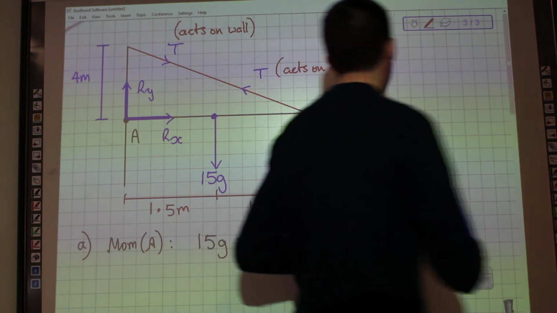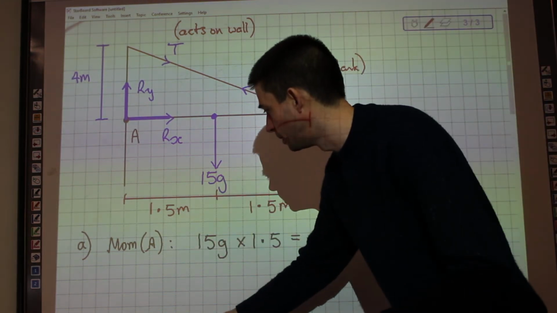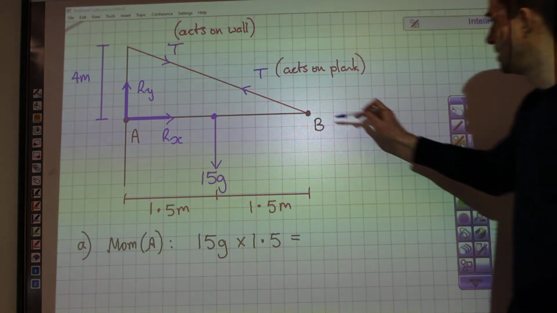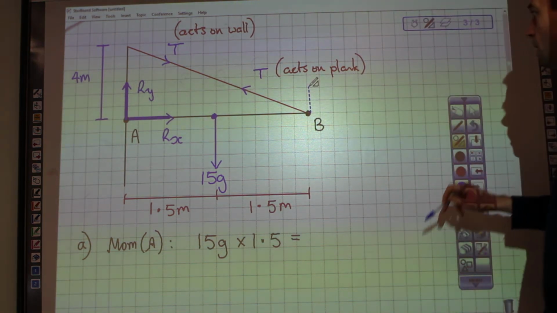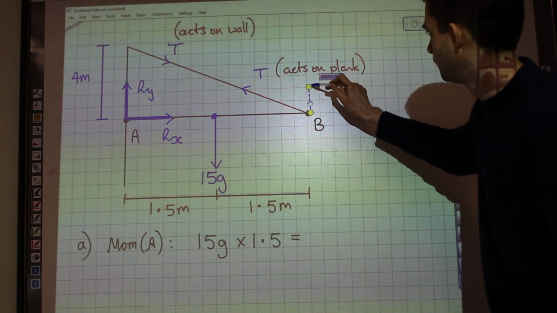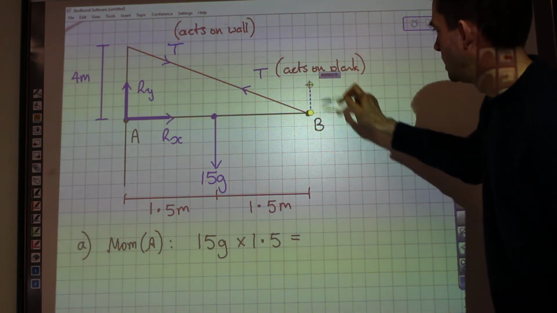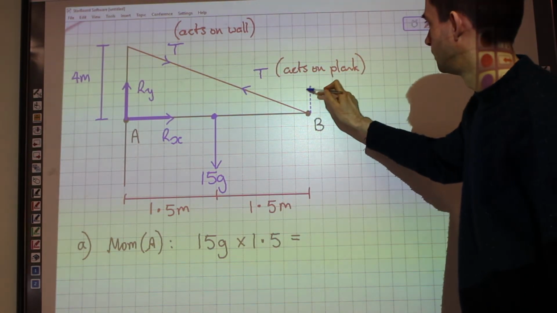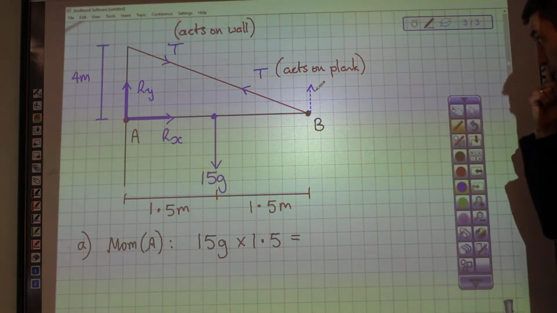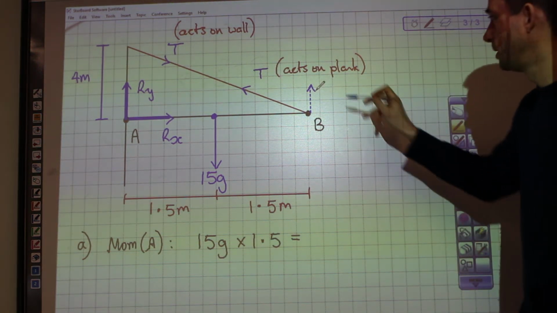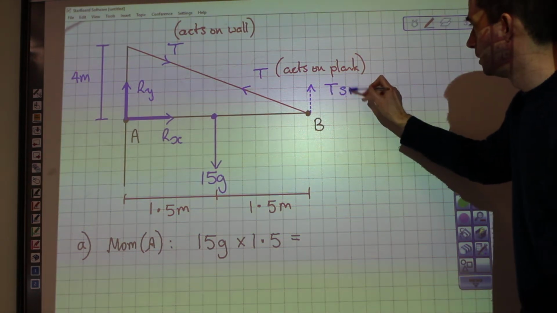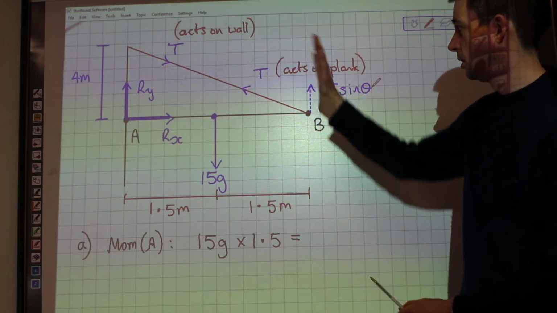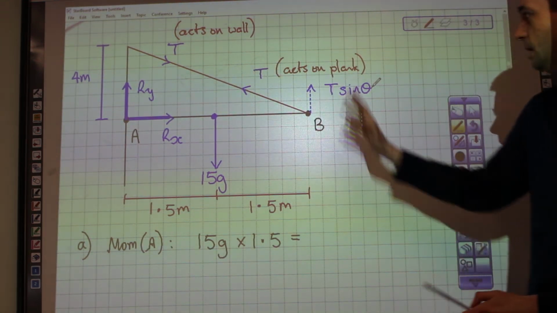So what I'm actually going to do, which is a little bit different to how I've done it before, but hopefully it'll be clear, is consider the magnitude of that force there, which is the vertical component of the tension, which is going to be T sine theta, because T would be the hypotenuse, opposite, so it's sine, T sine